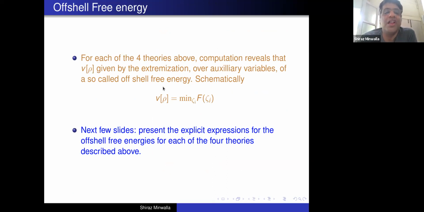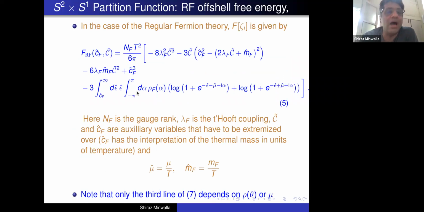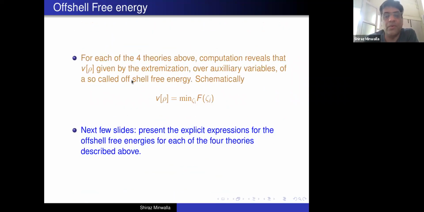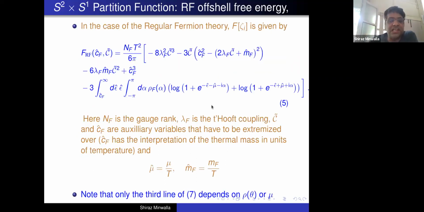And the integrand itself is obtained by taking this function of these extra parameters, these auxiliary parameters, Lagrange multipliers sort of, and then extremizing over these extra parameters. Okay, so that's what comes out of computation. Now, what I'm going to present for you is these so-called off-shell free energies, whose extremization over auxiliary parameters gives you the integrand over u for